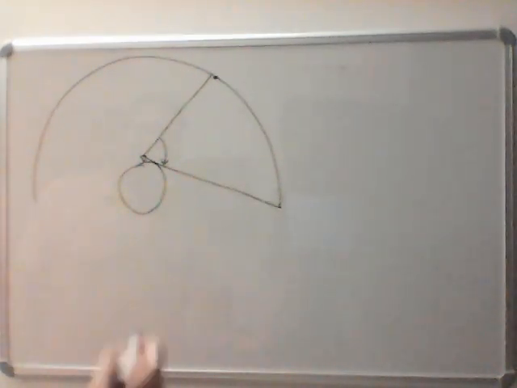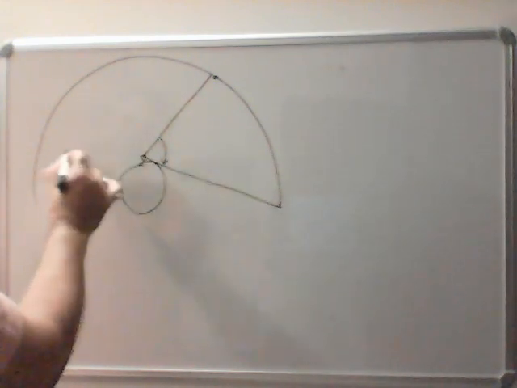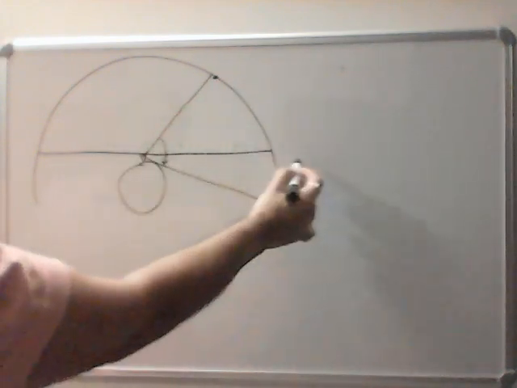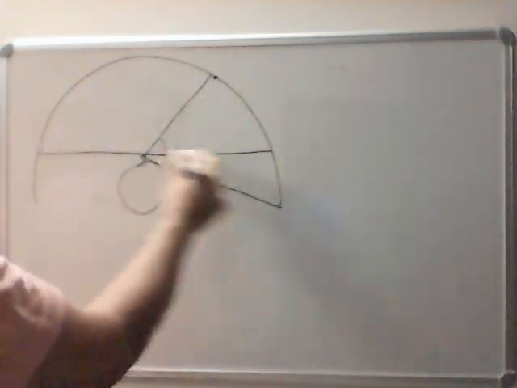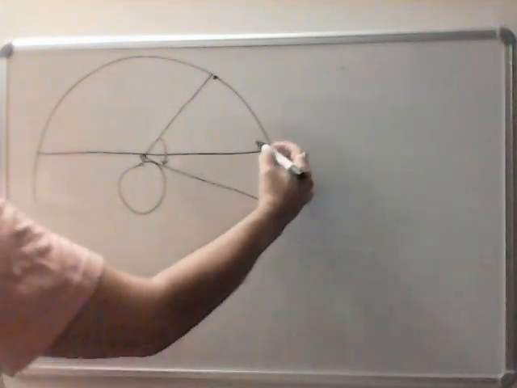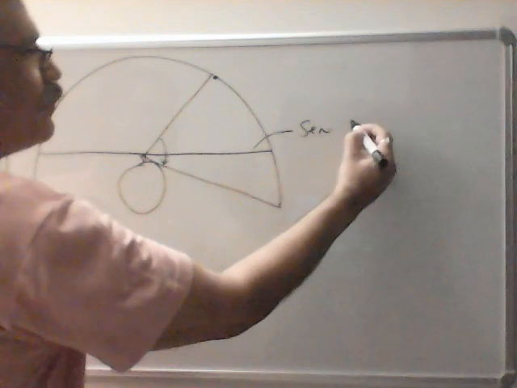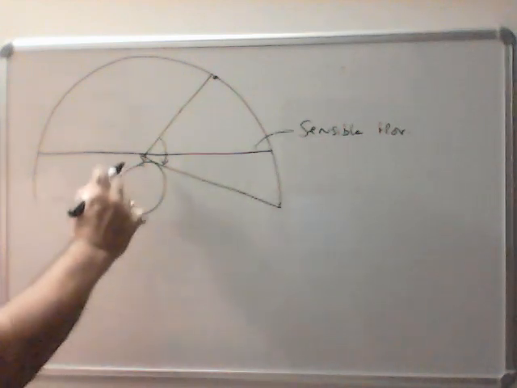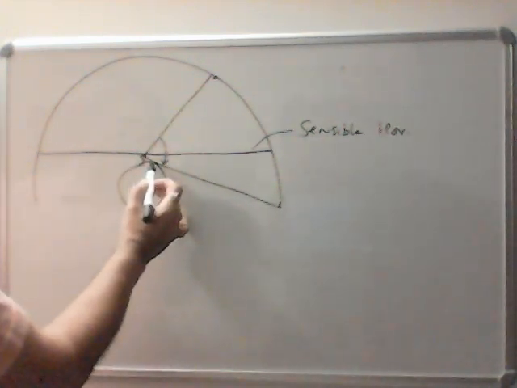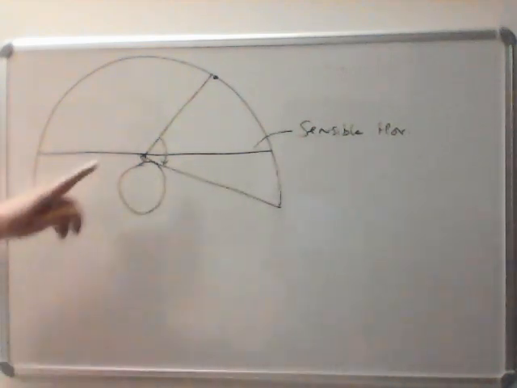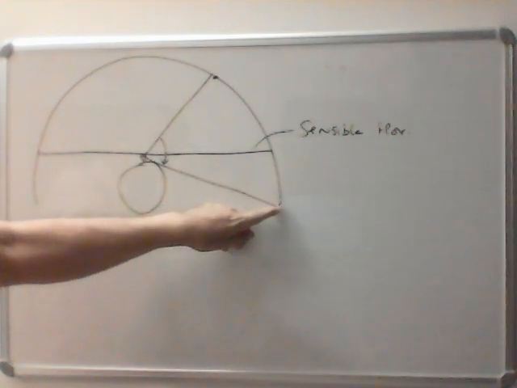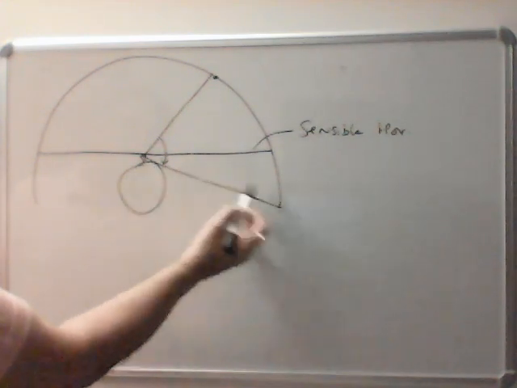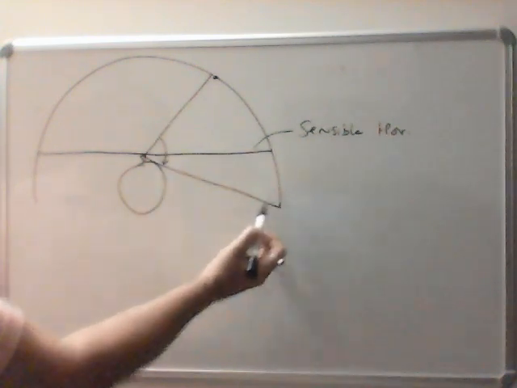Now, if we draw a line passing through the eye of the observer, a horizontal line like this, these are all imaginary lines. This one, and this one. So this horizontal line is known as sensible horizon. And this line, this is the sea horizon, this point. And you produce it, and this is the sky. So this is the horizon where the sea and the sky appear to meet.